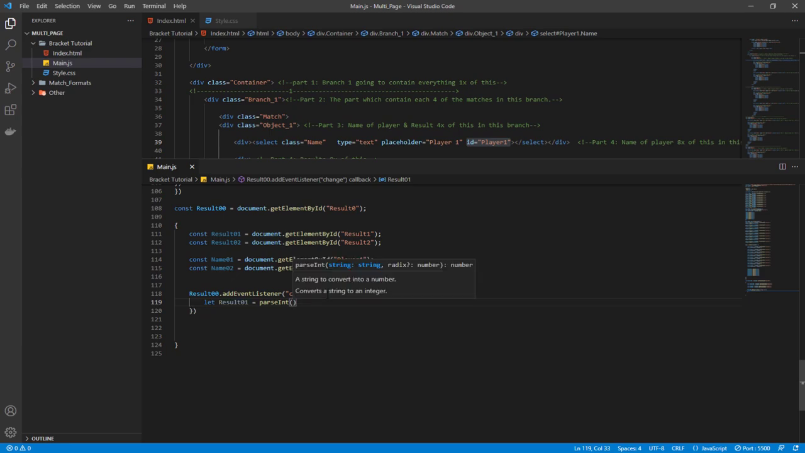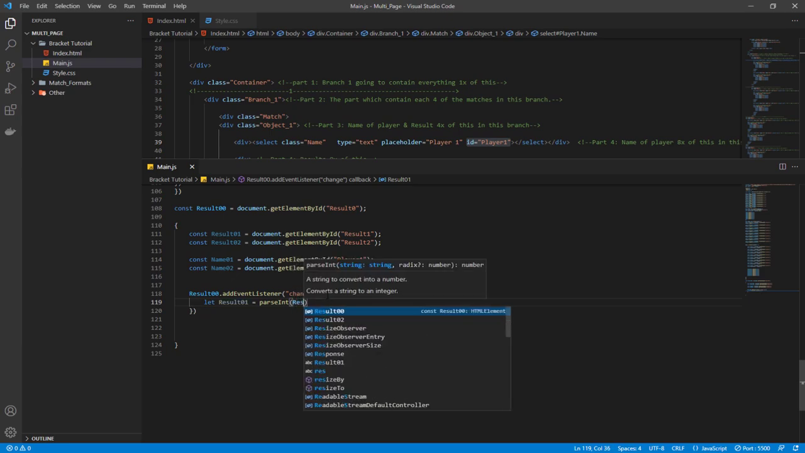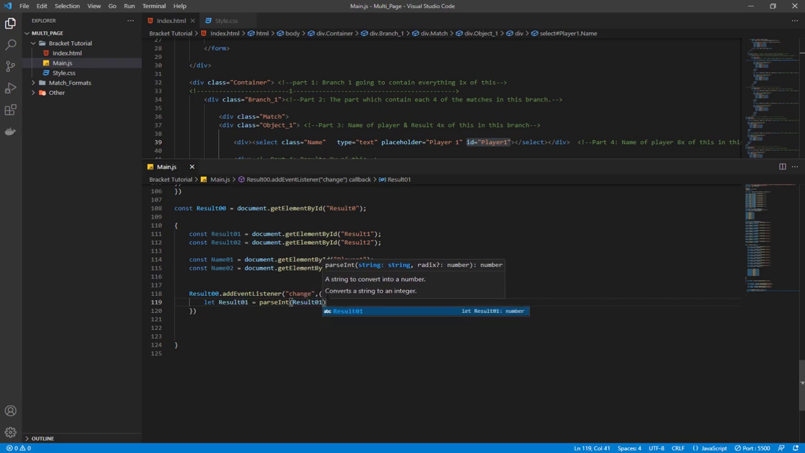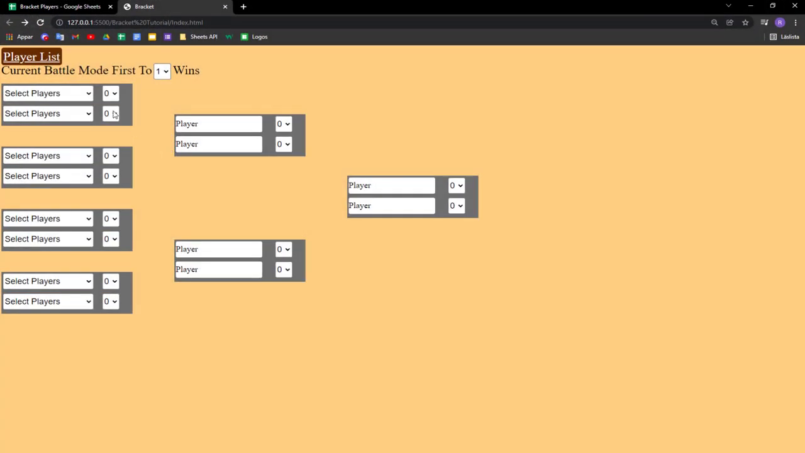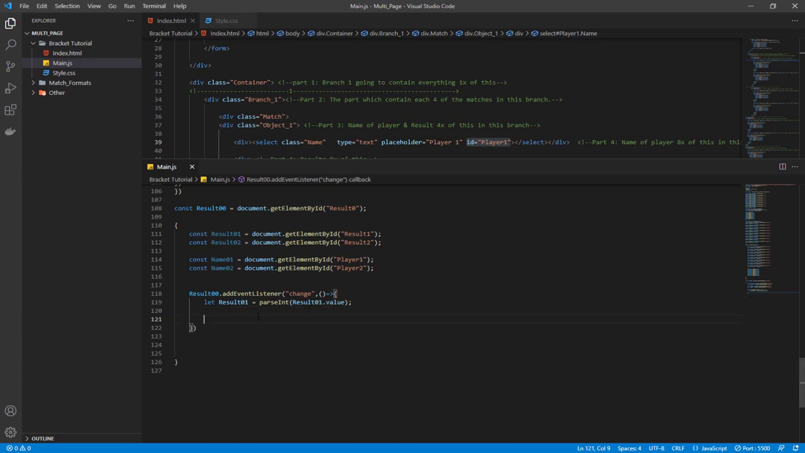Here we're going to write result01.value, and now we have the result of the first match, the first player, so to speak. Result 1 is referring to exactly this one. This is result 1. Right, so here, what if